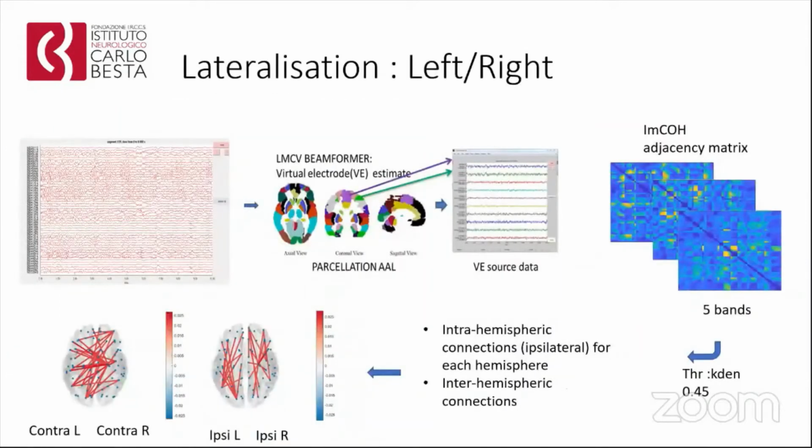So we are now, unfortunately, I had just 5 patients with foramen ovale. So these are the first steps that I'm trying: just the classical reconstruction, using the atlas and trying to find the whole brain connectivity. And in this case, I used the imaginary coherence. And because I tried to find something with the graph theory, but I have a very low number of patients, I included also the temporal patients with well-defined hemisphere.